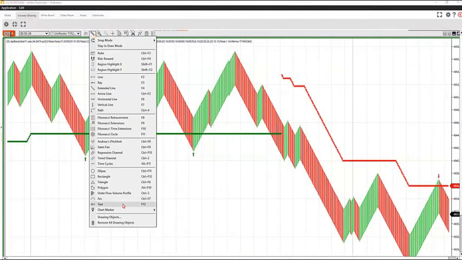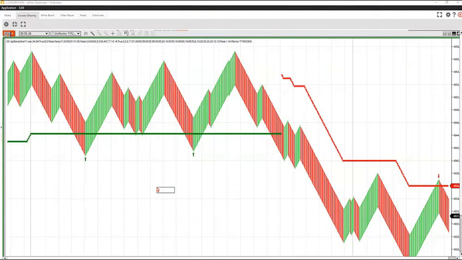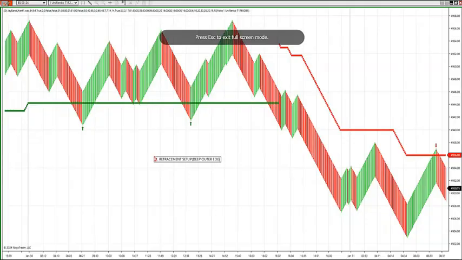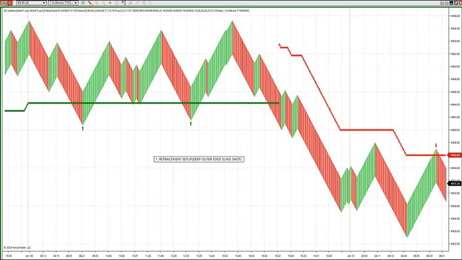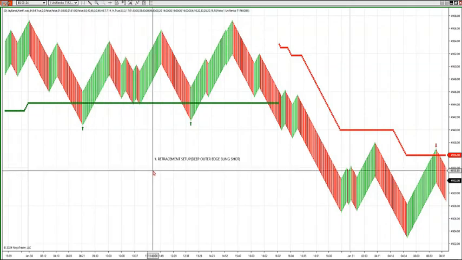Take a look at it. So we have two types of setups. The software that you'll be downloading here will have two types of setups. We have our retracement setup, which is our deep outer edge slingshot. And then we have our momentum setup,